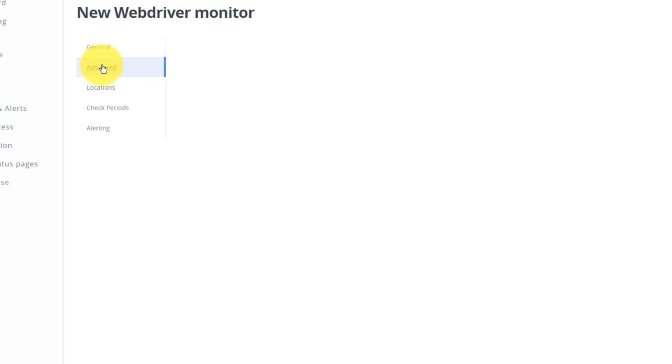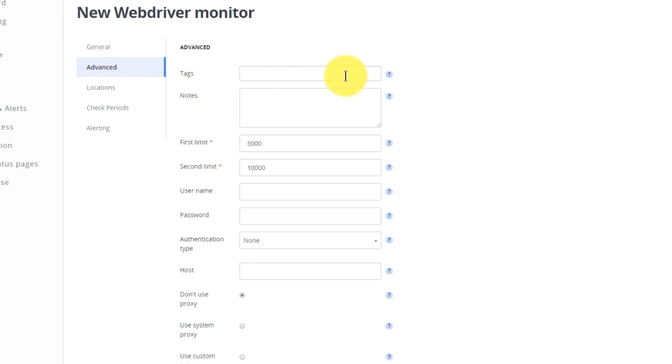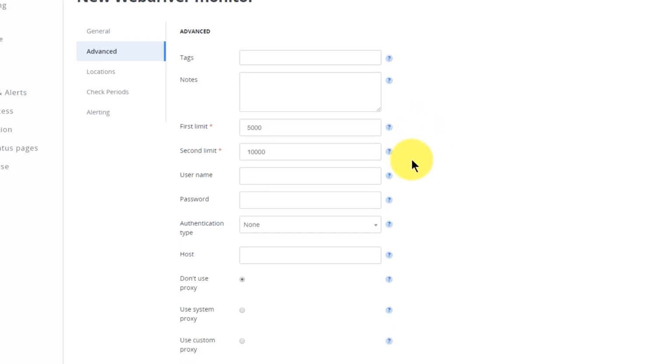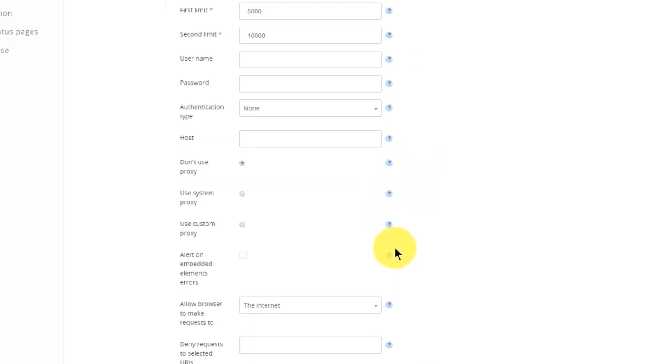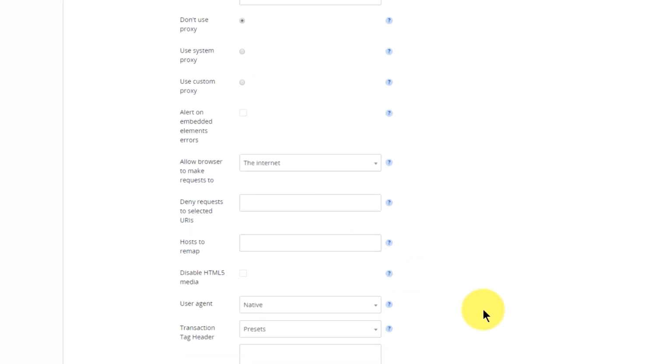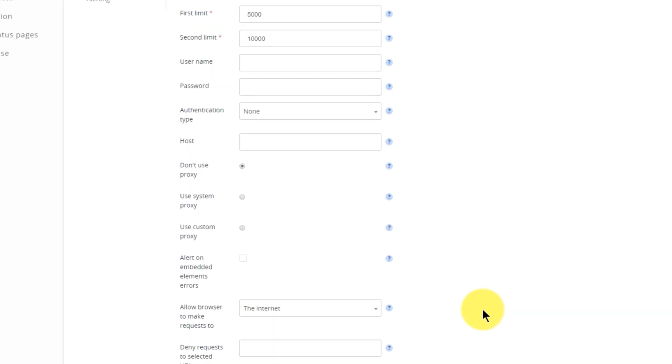Now I could go into advanced. I could add additional tags, notes, create different thresholds, so if it's taking longer or shorter time, I can be alerted. I can pass the username and password, and hopefully we'll get the opportunity to do so shortly, instead of having it in plain text in the script for the authentication. There are additional metrics, and if you'd like to use a proxy, other information you could populate in here